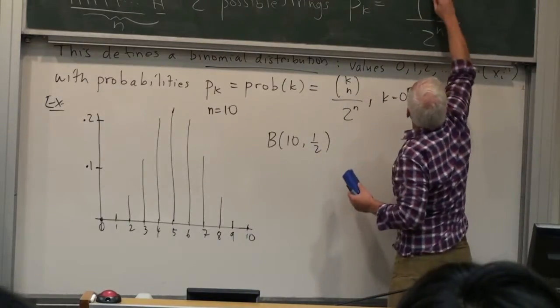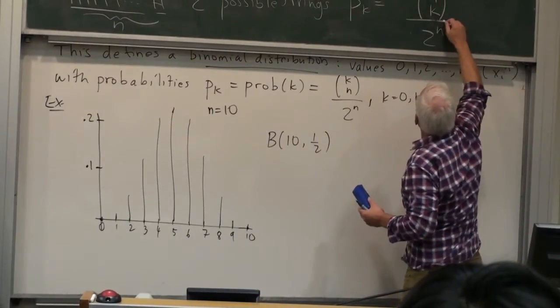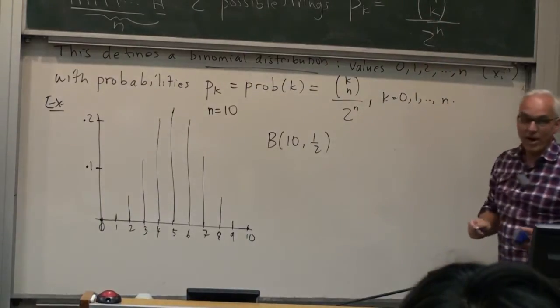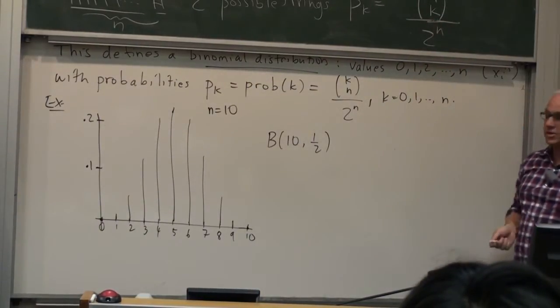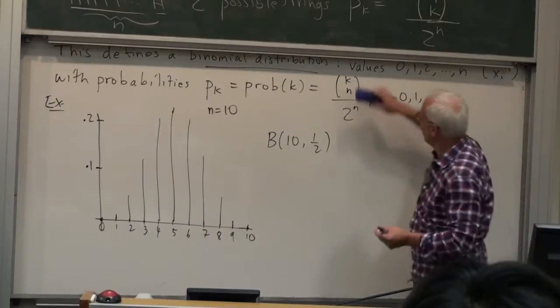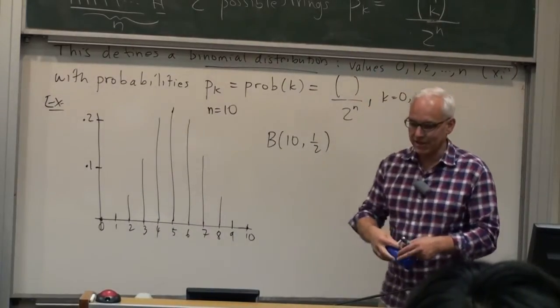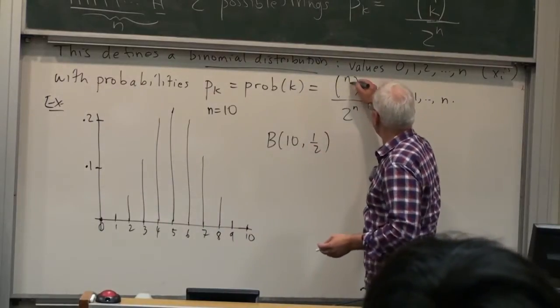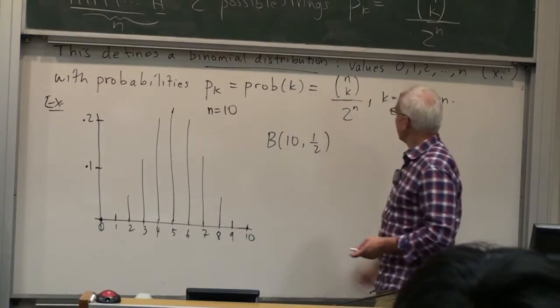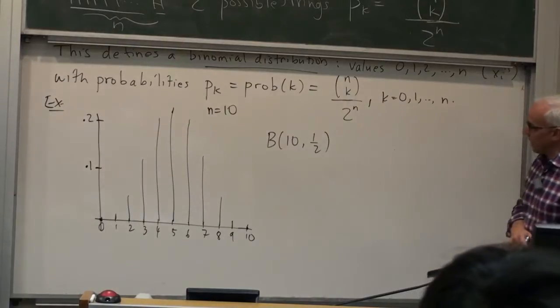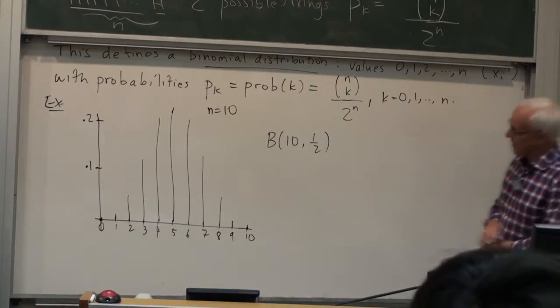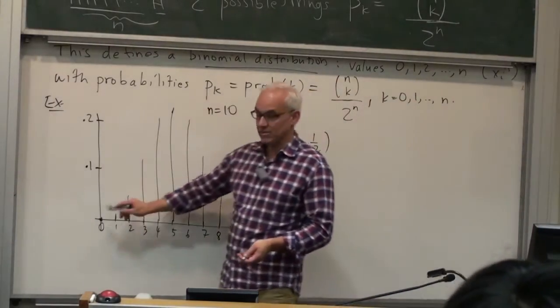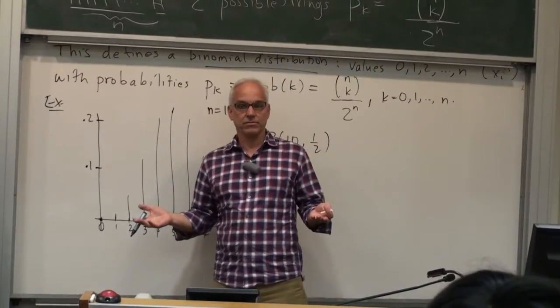N choose K. Thanks for that correction. All right. The number of ways of choosing K from N is N choose K. Upside down dyslexia, perhaps. Great, thank you. All right, there's the right formula for the P sub K. And here then is a rough estimate of this probability distribution.